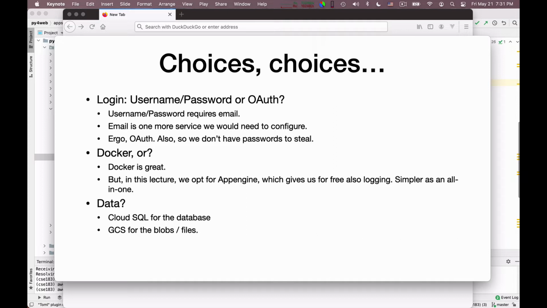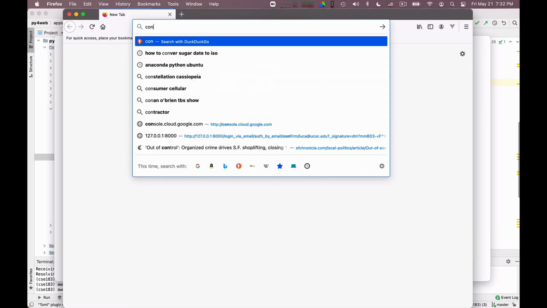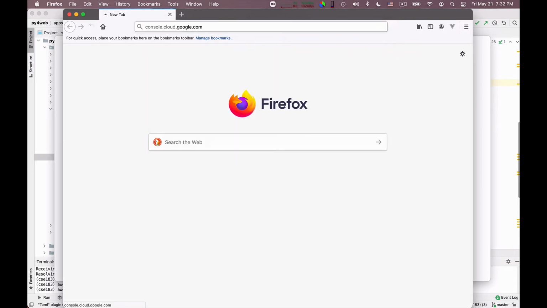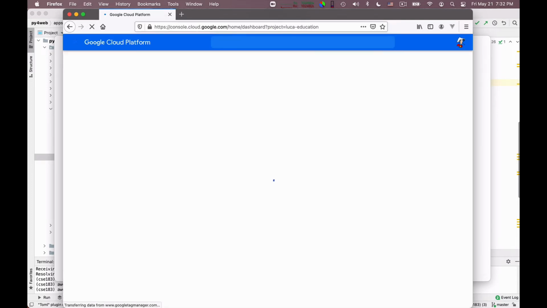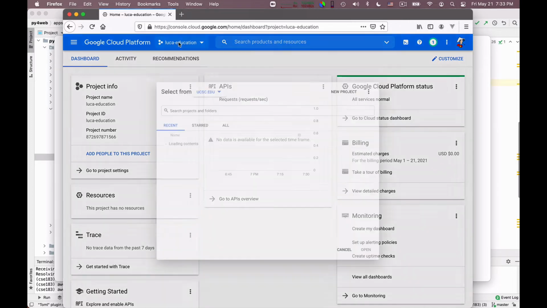So the first thing we need to do is create a project and configure it so that we're able to deploy. So let us go create a new project. I go here to console.cloud.google.com. You need a Google account to do this, obviously. And here I'm using my institutional account at UCSC. So I have already various projects, okay?